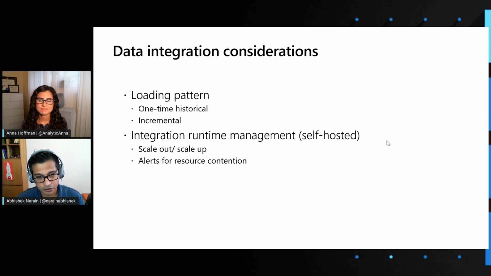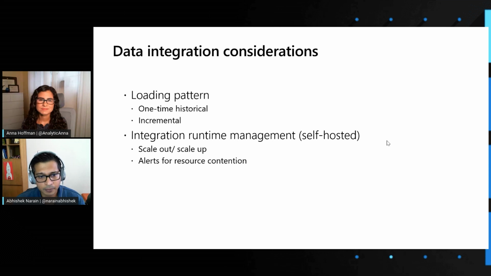You can do one-time historical load. The whole demo that we actually did was more like one-time load. But if you want to do anything incrementally on hourly basis, every 15 minutes, you can pretty much do that. ADF as an orchestrator can orchestrate your jobs every 15 minutes, every 5 minutes, based on whatever time intervals you need in terms of moving your data, replicating your data, and so on. So that's one of the considerations in terms of data loading. And you can set up both of these patterns with Azure Data Factory.